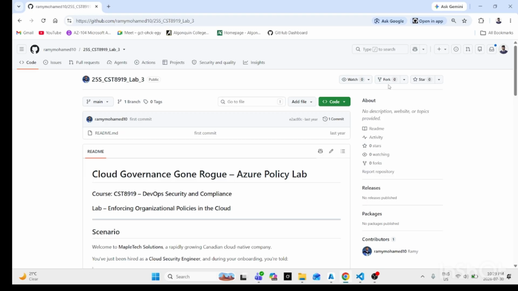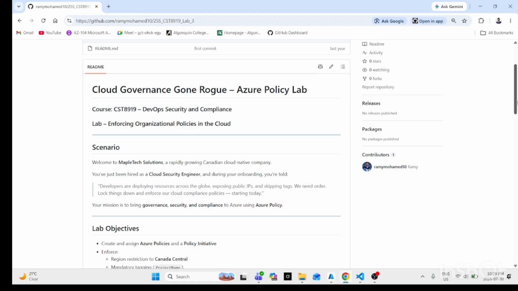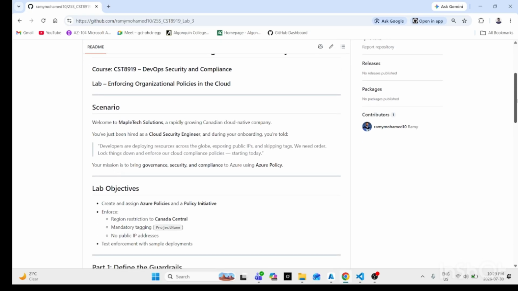In this lab for CST8919, the scenario is that I have joined Maple Tech Solution Company as a cloud security engineer. As developers, we are developing resources in random regions, like Canada Central and East USA, and while developing different resources, we might expose our public IP